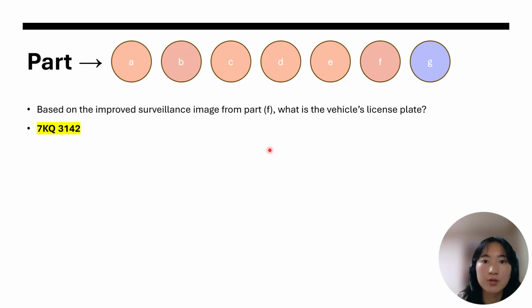And the last part is G. Based on the improved surveillance image from part F, what is the vehicle's license plate number? And we can get that it's